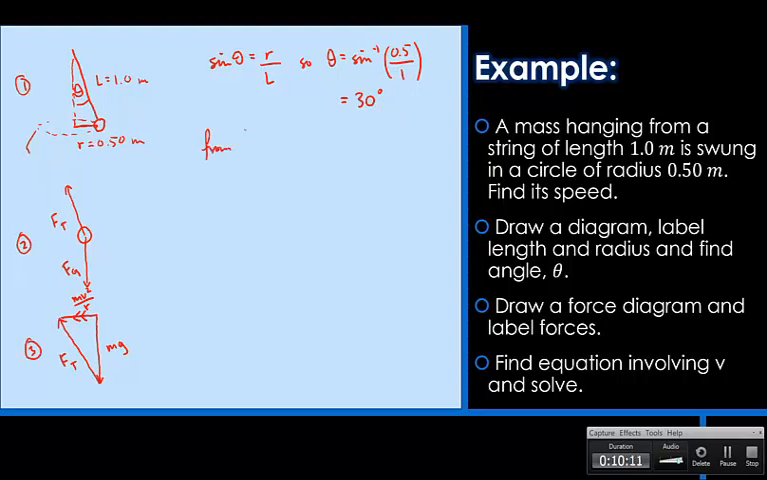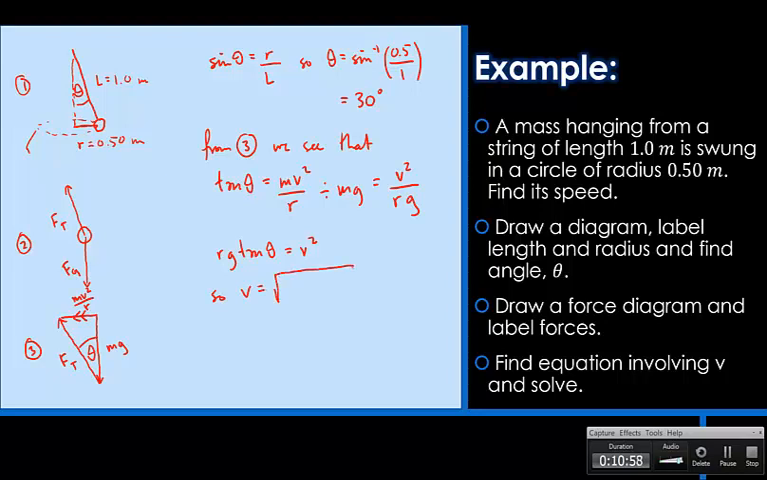So from 3 we see that, and this angle here is theta as well, that tan theta is equal to mv squared over r divided by mg. So tan theta is going to be equal to v squared over rg, which means that we can rearrange this. We get rg tan theta is equal to v squared. So v is equal to the square root of rg tan theta, which is going to be equal to the square root of 0.5 times 9.81 times the tan of 30,